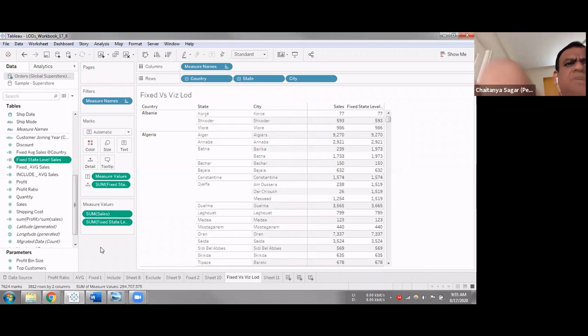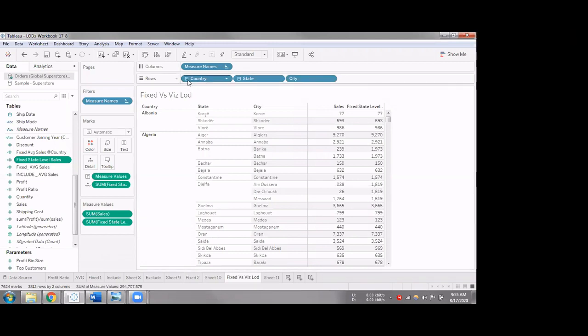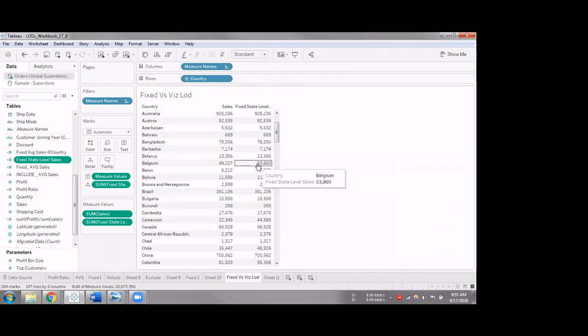So Jagadish, okay. You don't necessarily have to answer this now. If you want to answer it in the next session, that's also fine. In this particular case, as you're showing the example, I understand you have used fixed LOD here, right? State level. So at a state level or above, it has duplicated both the numbers between sales and fixed state level. But when you went to a lower granularity, why does it still have the same numbers?